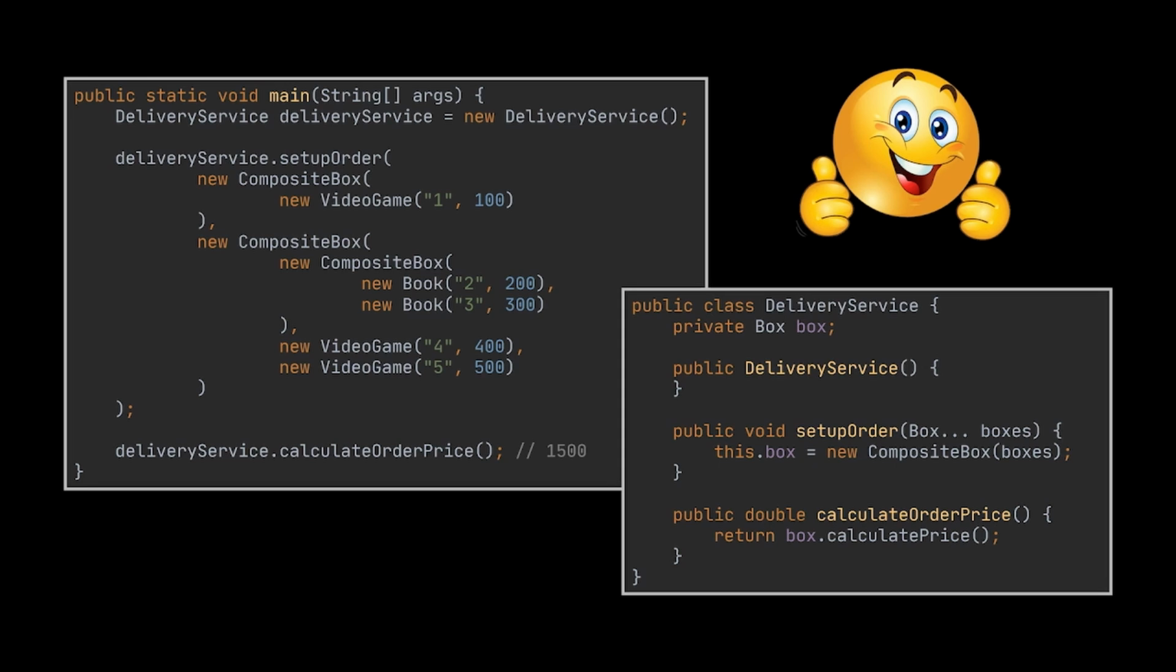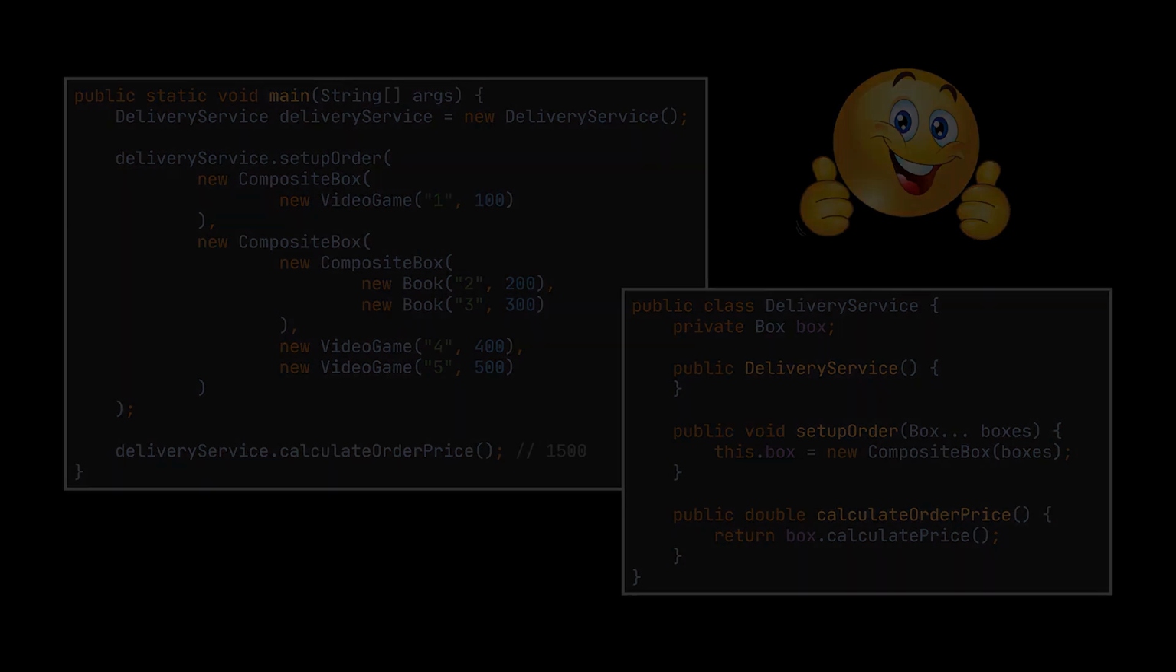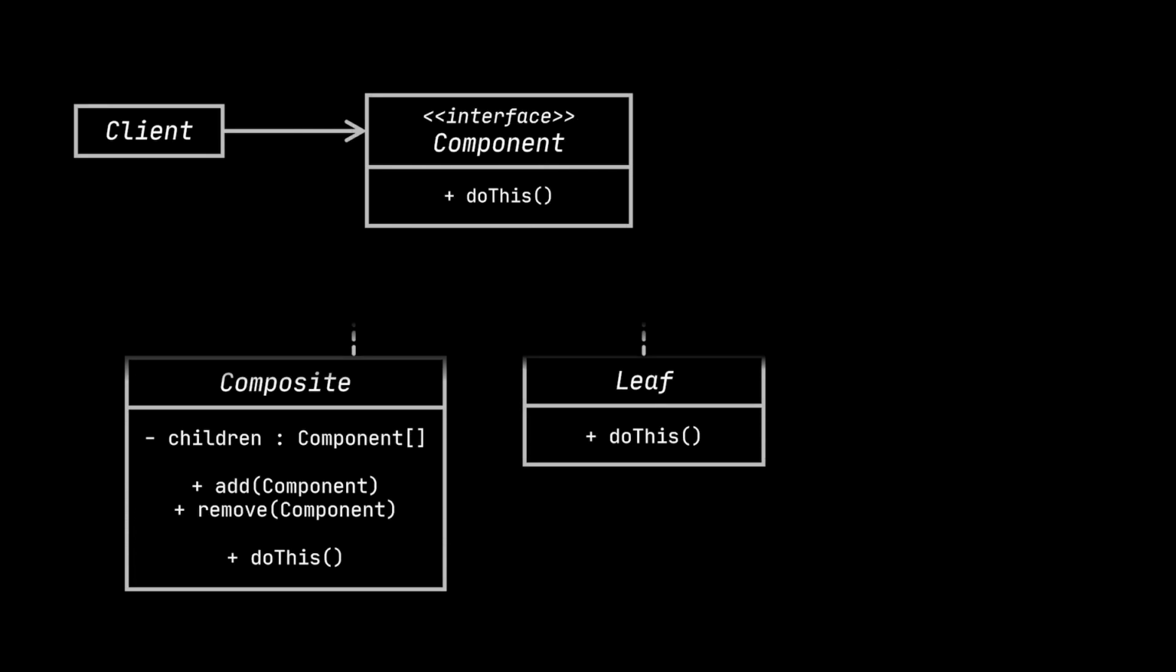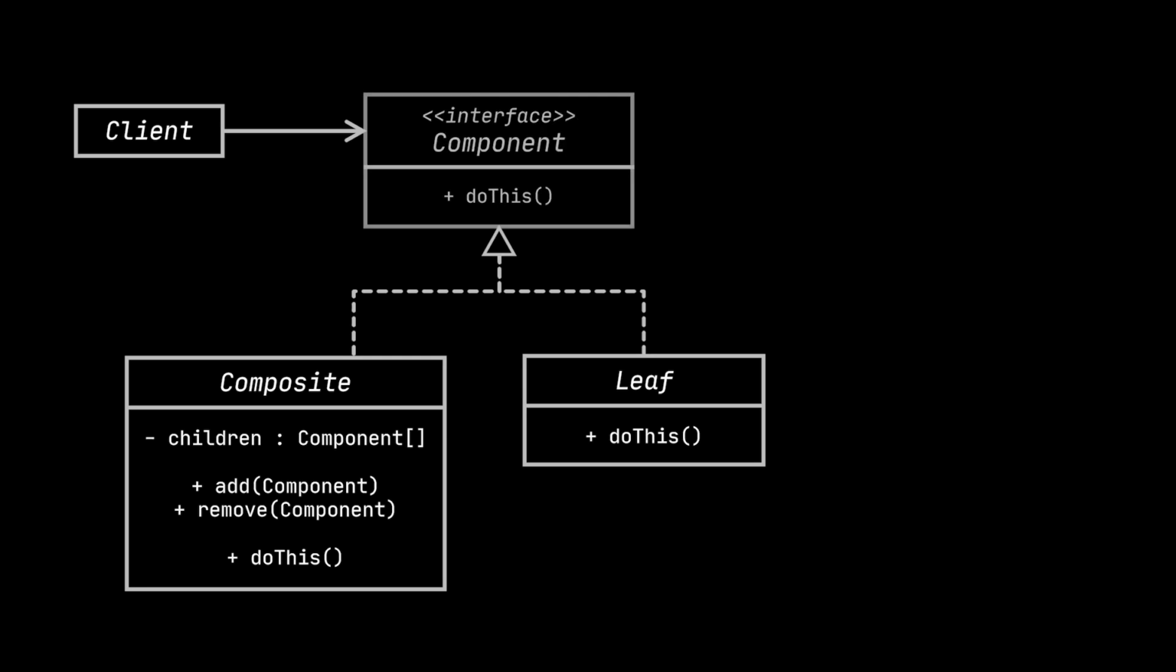You can treat them all the same way by making use of the common interface. When you call a method, the objects themselves pass the request down the tree. Okay, with this example in mind, let's take a look at the structure or class diagram of the composite design